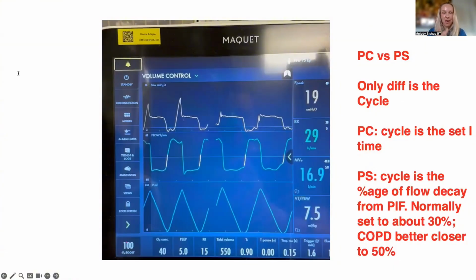When you think about pressure support, you also need to ensure that the cycling of pressure support is matching your patient. So if you have a patient who is breathing faster, with shorter inspirations, they need a higher percent decay. That means the breath is terminating quicker, versus potentially a long and slow inspiratory phase. You can think of a patient that's narcotized, has too much opioids on board. You can think of those patients that you're giving Narcan to. How do they breathe in? Nice, long, big, slow breaths. You can also see this in neuro patients. They might need a lower percent decay, so the inspiration is going to be longer to decay down to that lowered percent.